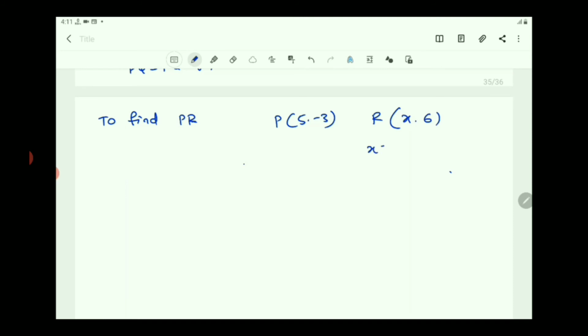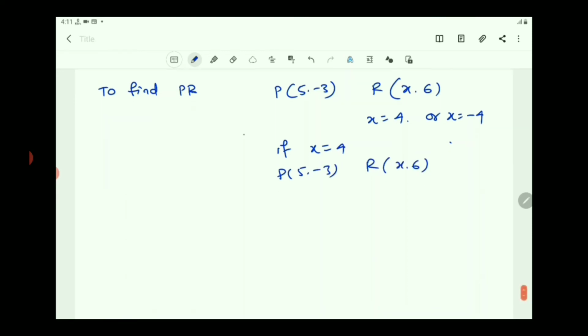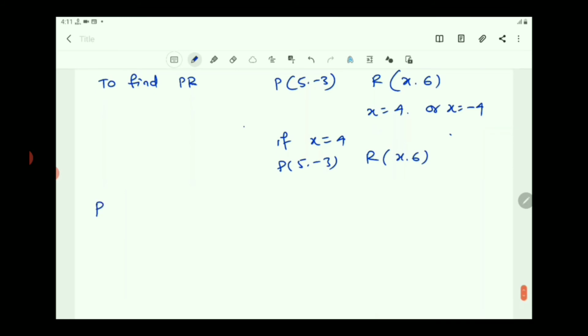So you can take x equals 4 or x equals minus 4. So if x equals 4, then P is (5, minus 3) and R is (x, 6) you have to get. Now you write PR equals,